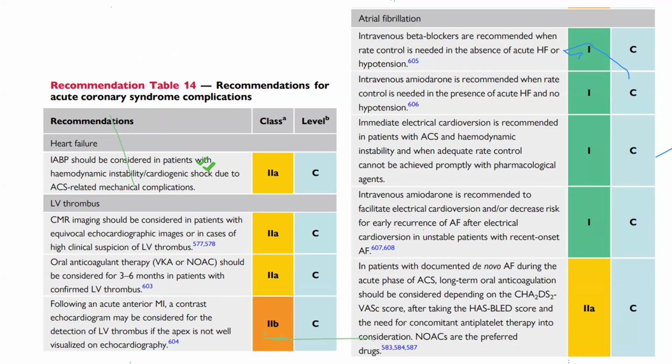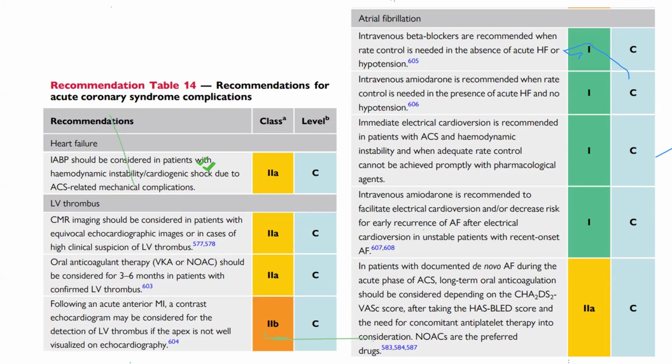Now, with respect to recommendations for acute coronary syndrome complications, so mechanical complications or non-mechanical complications. For those with heart failure, intra-aortic balloon pump should be considered in patients with hemodynamic instability or cardiogenic shock due to ACS-related mechanical complications. So once again, the mechanical complications is what appears to be the emphasis when it comes to the use of intra-aortic balloon pump. For those with LV thrombus, cardiac MRI imaging should be considered in patients with equivocal echocardiographic images